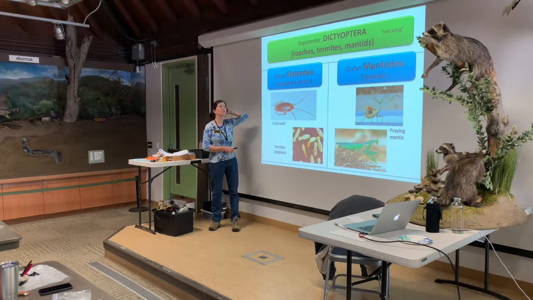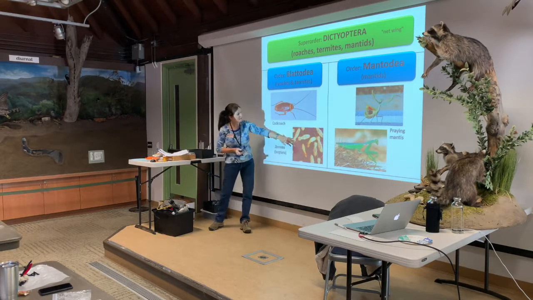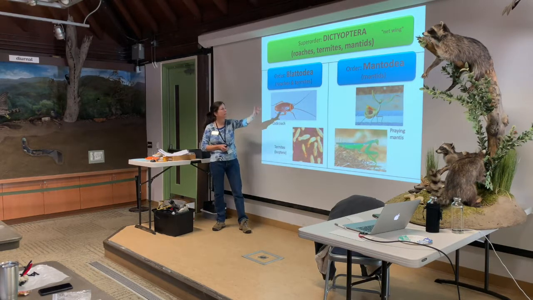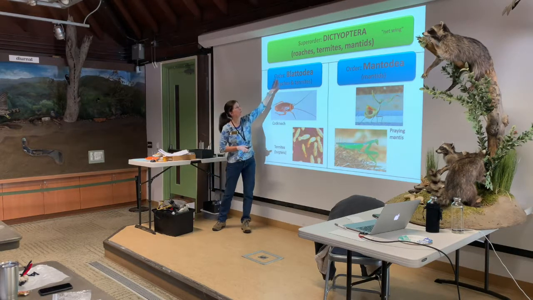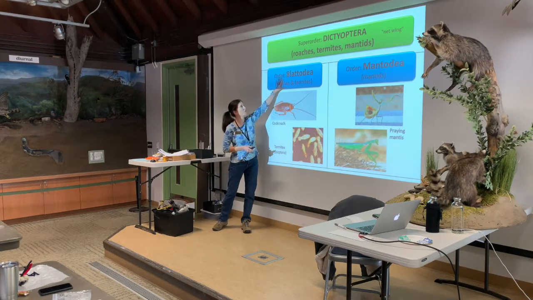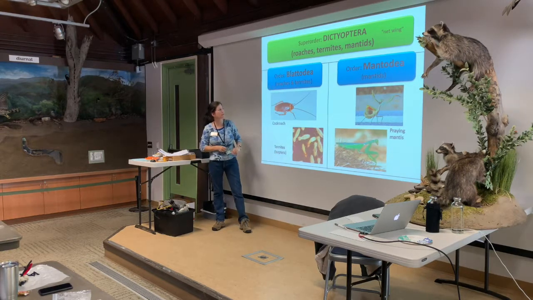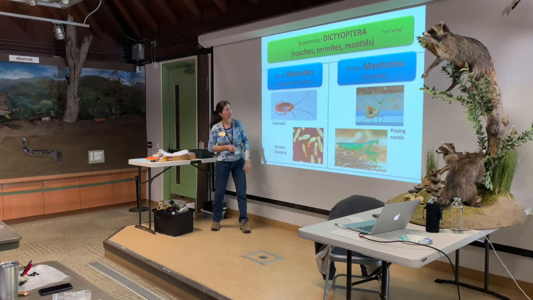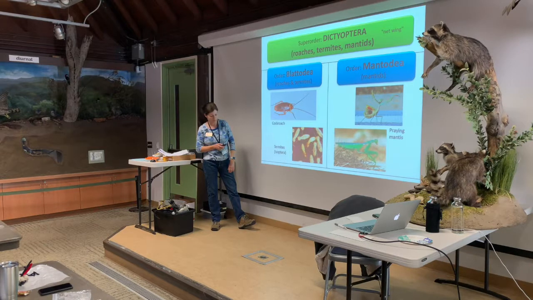Dictyoptera: roaches, termites, and mantids. How these ever wound up together drives me a little crazy, because these used to be Isoptera, these used to be separate. So it's a super order, so the orders are still separate, but they put them in a super order of net wings. So your roaches and your termites are together in one order, and then your praying mantis in another order. And we'll take a look at